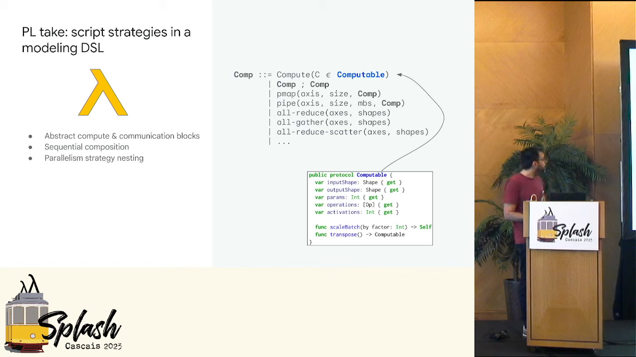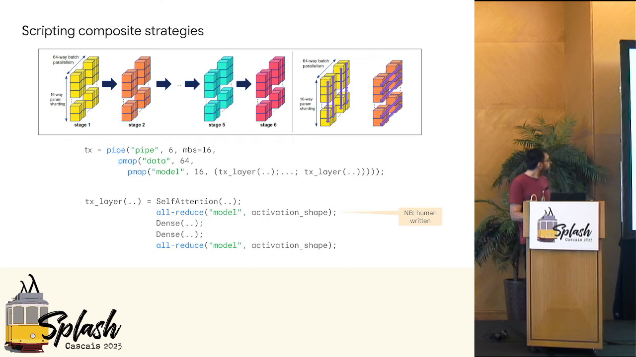We had a little IR composed of computable blocks that described abstractly the input shapes, the output shapes, the parameters, the flops, and the memory requirements for a block of code, as well as communication primitives, and some constructs to nest parallelization strategies. So here's how it would look. In this example, you would say this is a pipelining consisting of 6 stages, and we're going to name the mesh axis we're going to be using. And then within each stage, you're going to do 64-way data parallelism, and then within that group of devices, you're going to do